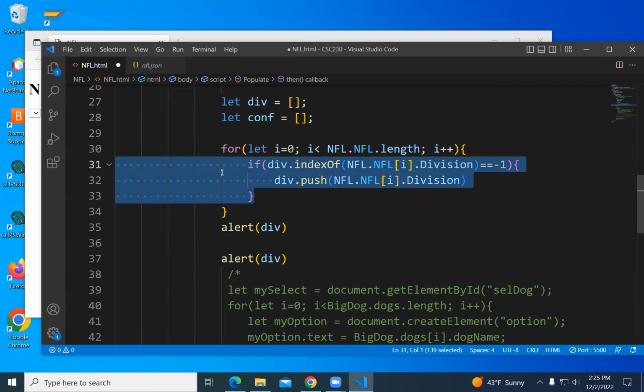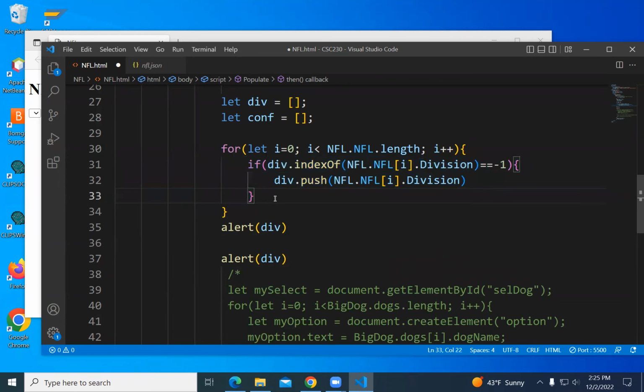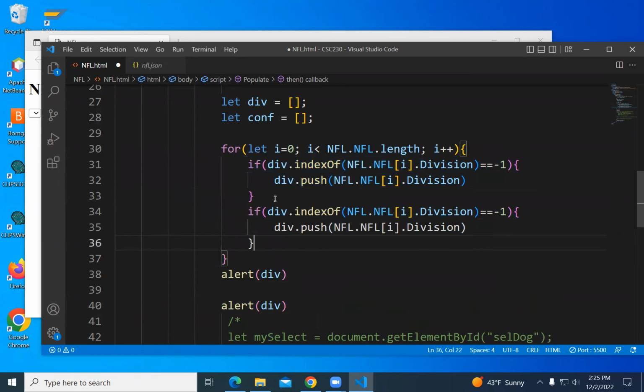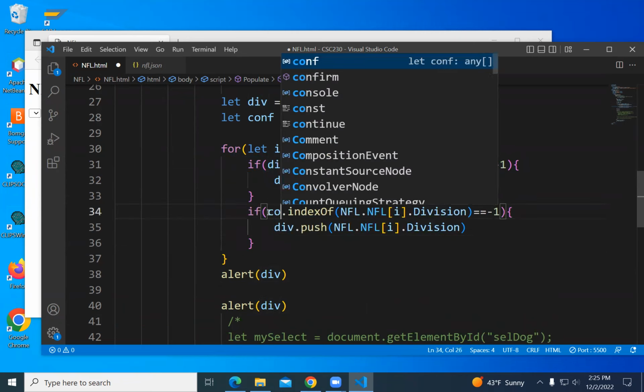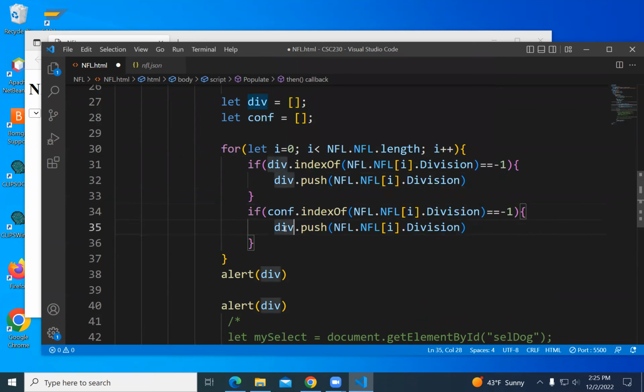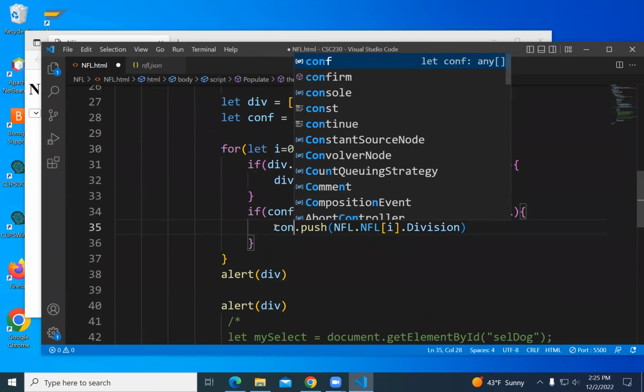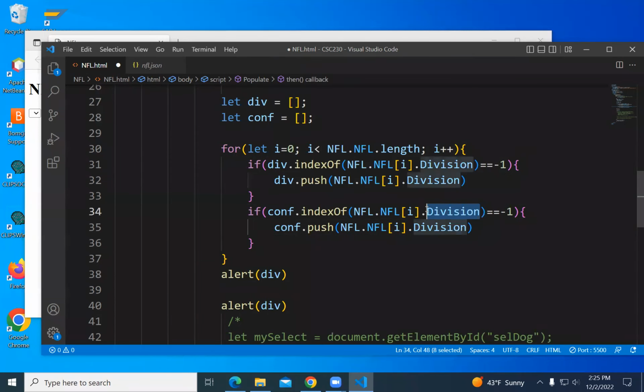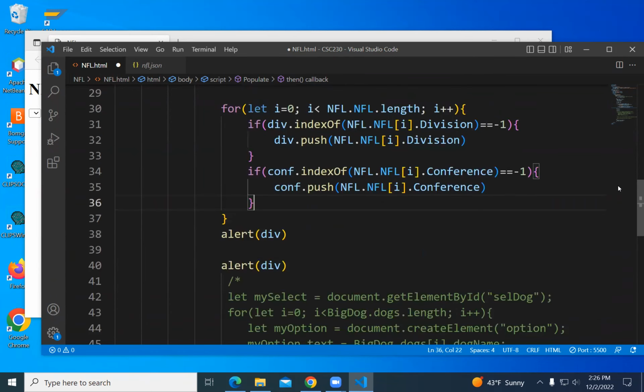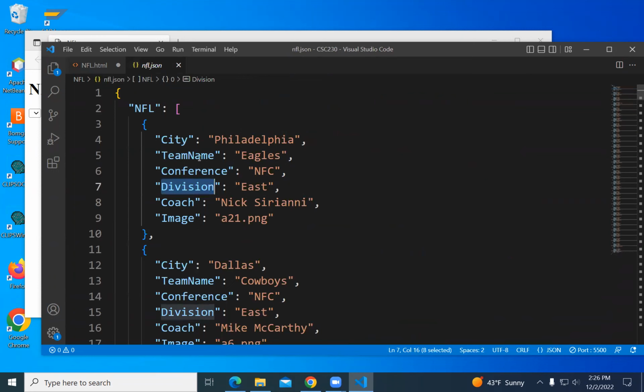And I'm going to copy this. And we're going to say if conference, hopefully I spelled that correctly. My array, I think I called it CONF, and then the property was conference spelled out.